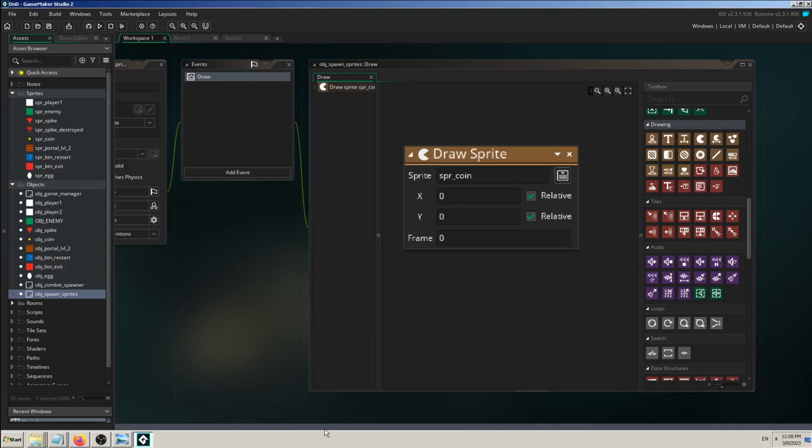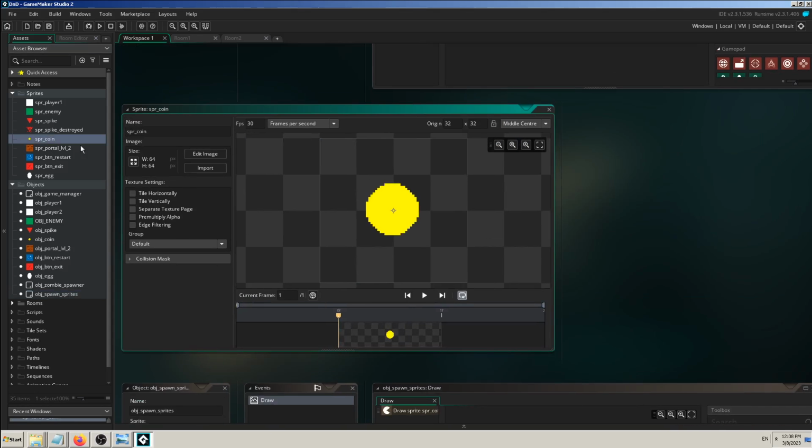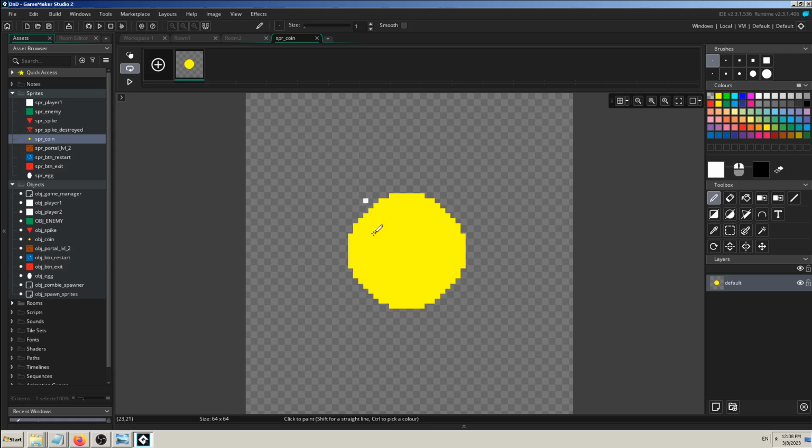And again, if you have some kind of animation on it, if I click here on edit image and copy paste to add another frame,